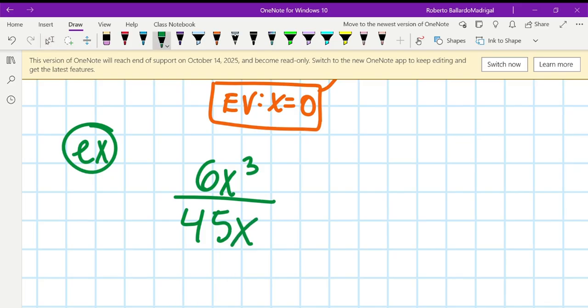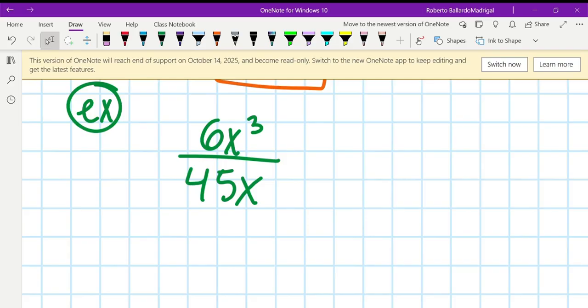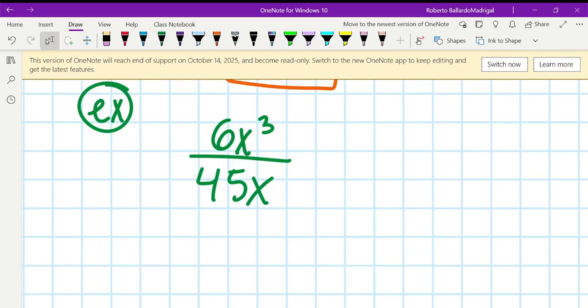This is an example that you're trying out. From what I just did, now you're trying this one out. Okay, go ahead and give this a try. All right, so let's come back together. We have 6x to the third over 45x, and